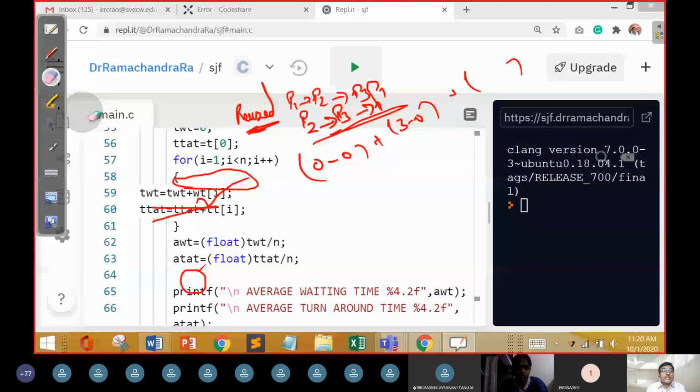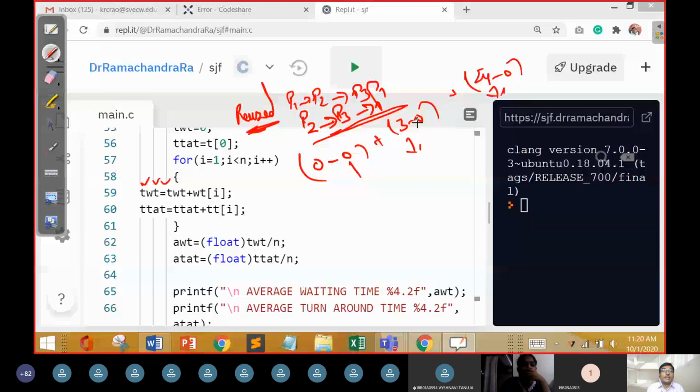So at this instance, you can see total waiting time is 0 minus 0, 3 minus 0, 24 minus 0. So in this way, you are going to get this. All that is pulled up here. And similarly, we are going to get the total turnaround time. So it is considering the end time, that is 0 minus 3, maybe 0 minus 8, 24 minus 8. So in this way, it is going to get these values. And then you can see we need to divide it by the total number of processes. The total number of processes, we already initiated, n is equal to 3.